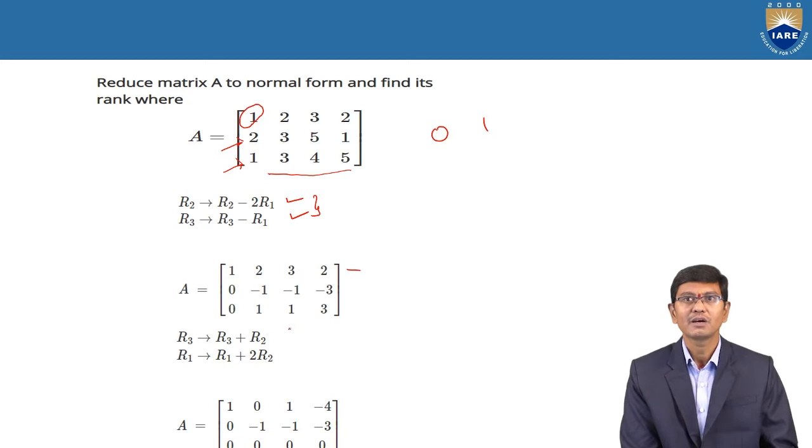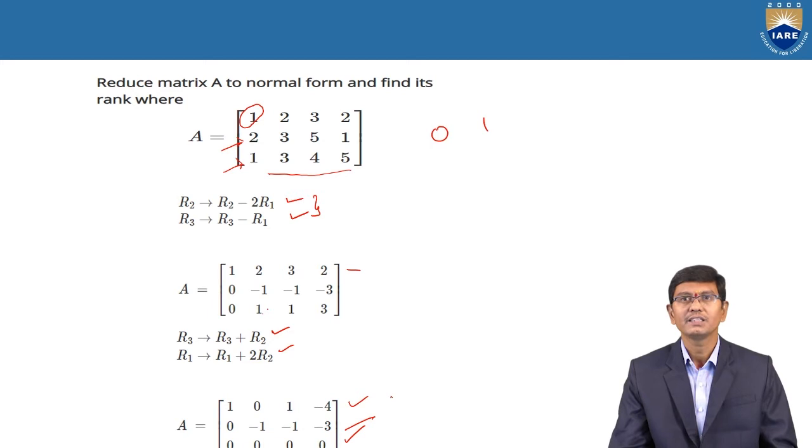And once again, when we observe here, the R3 row has a 1, and again the R1 row has a 1 value. Therefore, with the help of R3 is equal to R3 plus 2R2 and R1 is equal to R1 plus 2R3, automatically the values are changed. Here 2 is equal to 0, and again here minus 1 is also 0. By doing these two operations, the R3 row is changed, and the R1 row is also changed. And the rest of R2 we are not changing under any condition.